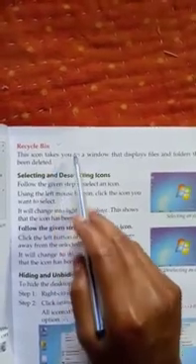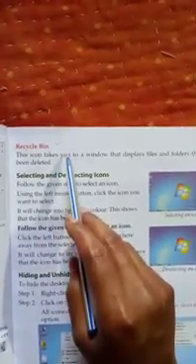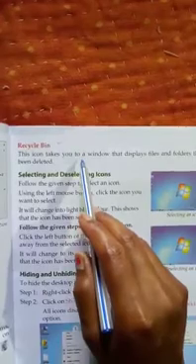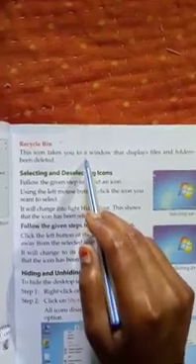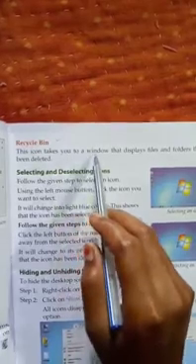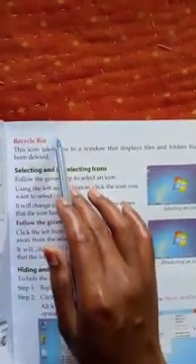So dear my students, the files and folders you have deleted, you can see on the recycle bin icon.